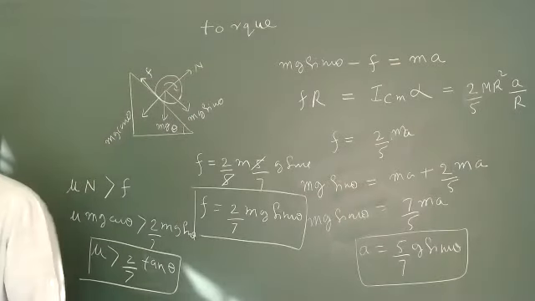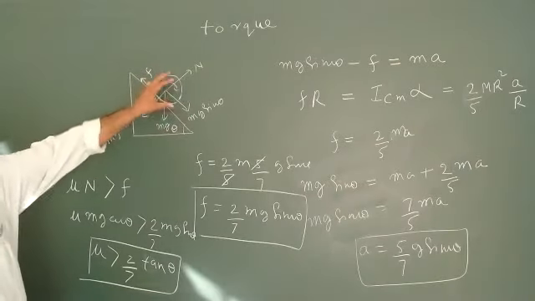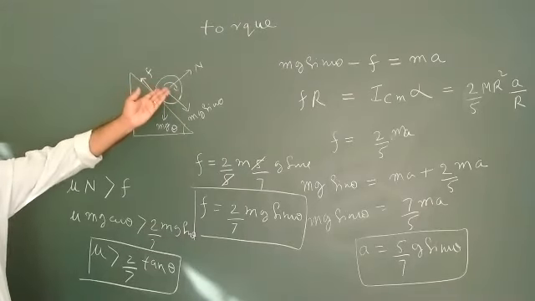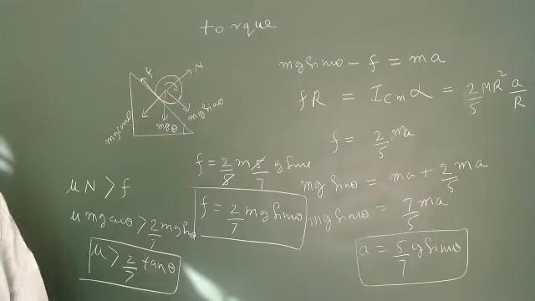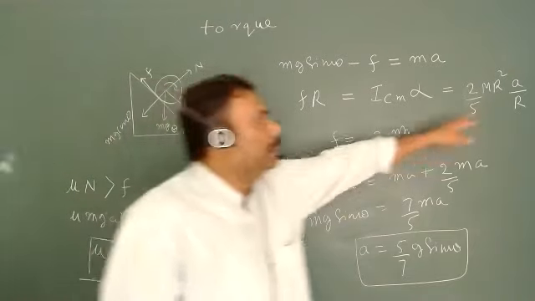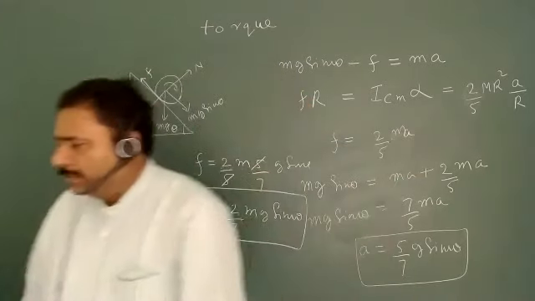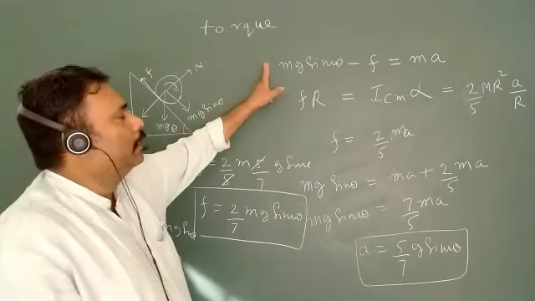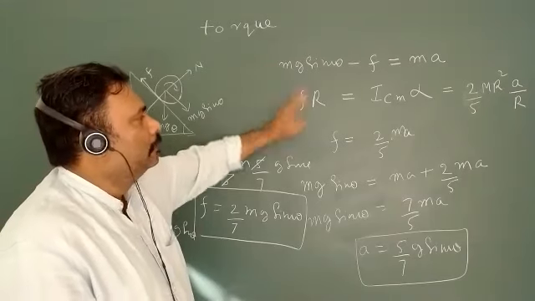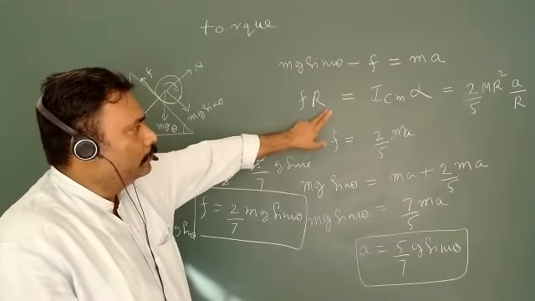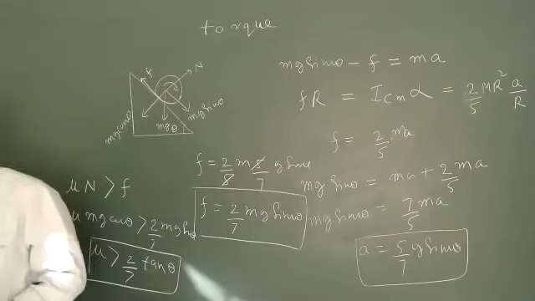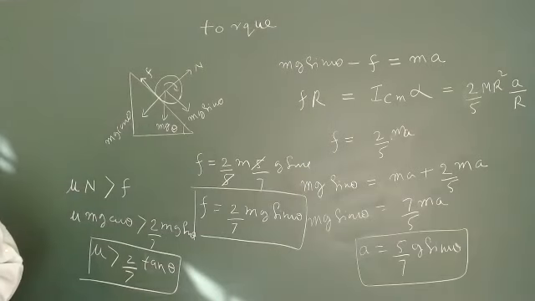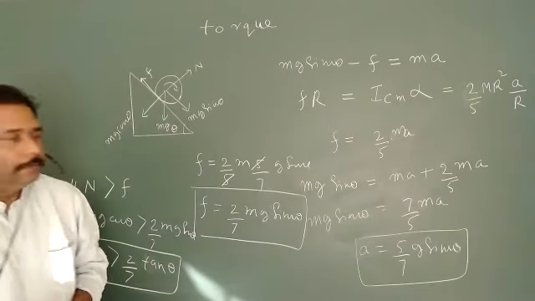In any examination, they can ask you, if they can replace the sphere with a cylinder, cylinder with a disc, and anything. And then your moment of inertia will change and you can get the answer. So this is very trivial, very simple, but we have learned Newton's law in one dimension, and this is the extra term we have to include in our calculation. Okay. So have you any doubt?